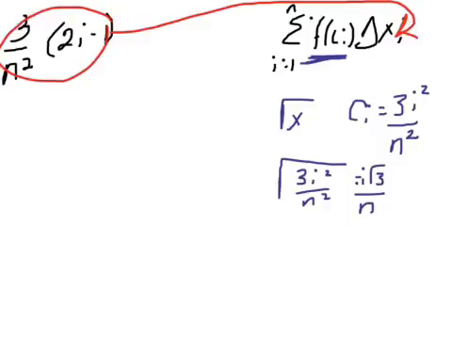Let's do this. I've got the sum i equal 1 to n. And then I've got to put in this square root of 3i over n. I'll just put i over n square root of 3. Doesn't matter how I write it, I guess. And then I've got to put in that 3 over n squared